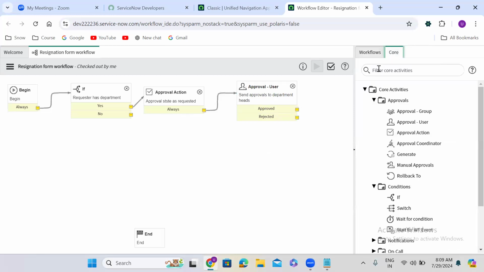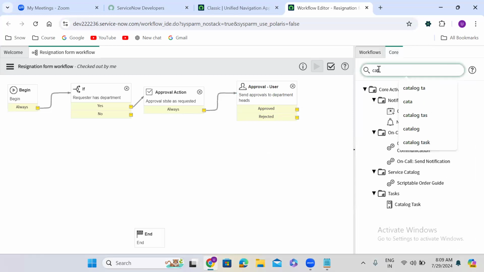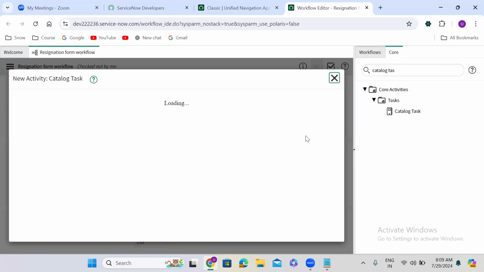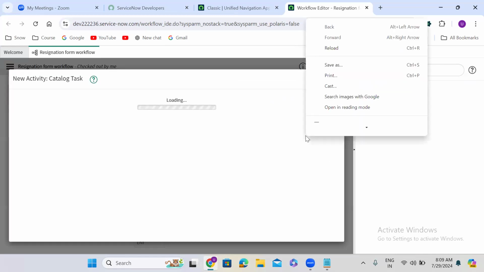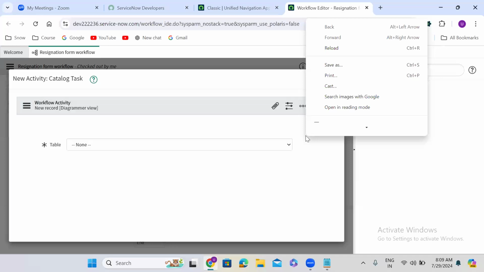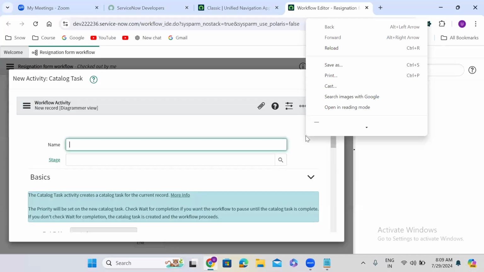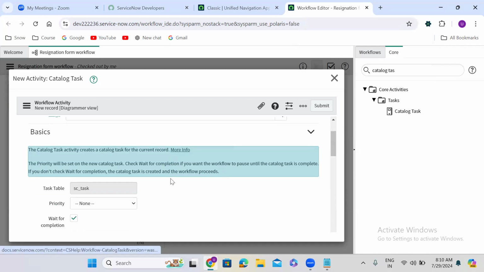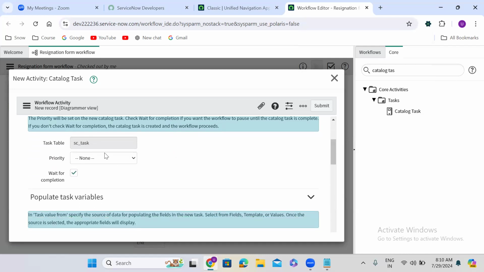Go to the Core section here, use Catalog Task. Priority,